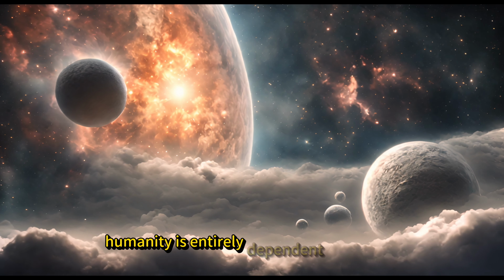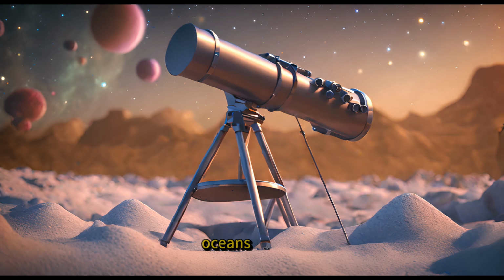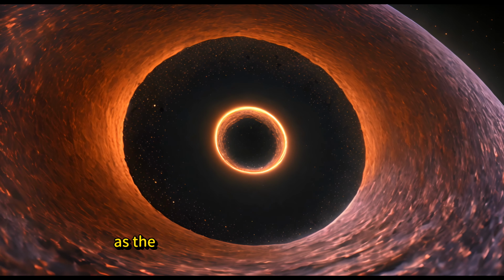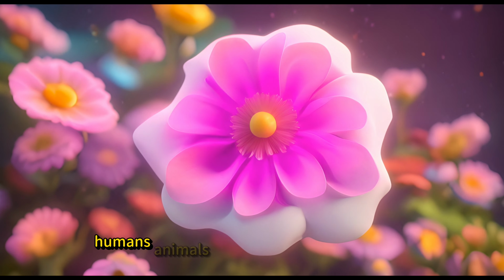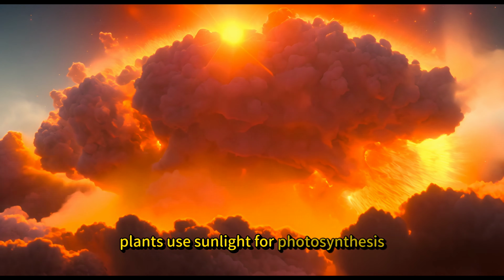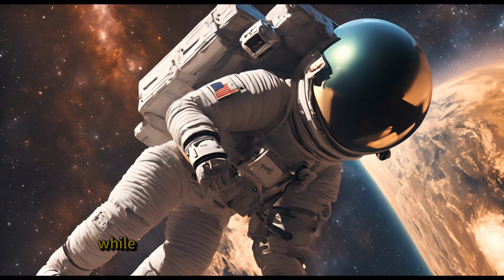Humanity is entirely dependent on the sun throughout its life cycle. The sun heats the land, oceans, and air. When water evaporates, clouds form. As the water vapor in these clouds cools, it turns into water droplets, eventually falling as rain. Humans, animals, and plants rely on this water. Plants use sunlight for photosynthesis, transforming carbon dioxide and water into carbohydrates they need to grow, while releasing oxygen needed